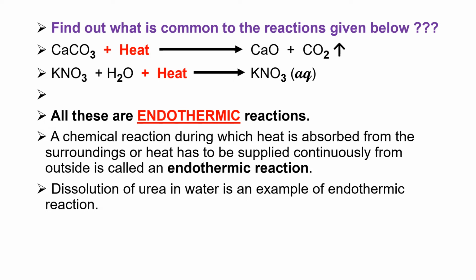So with this we finish all the three methods of classifying reactions. I'll just brush it up once again. The first method, what did we learn? The first method of classification, what are the four types? Combination, decomposition, displacement and double displacement. Second method of classification we learned oxidation, reduction and redox. Third method of classification, what are the two types? This one we just did, that is exothermic and endothermic. I hope this is all clear. The three different methods of classifying chemical reactions.